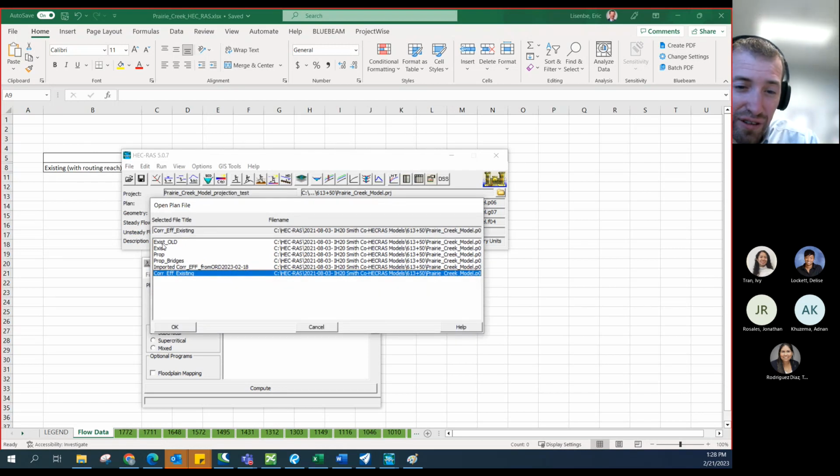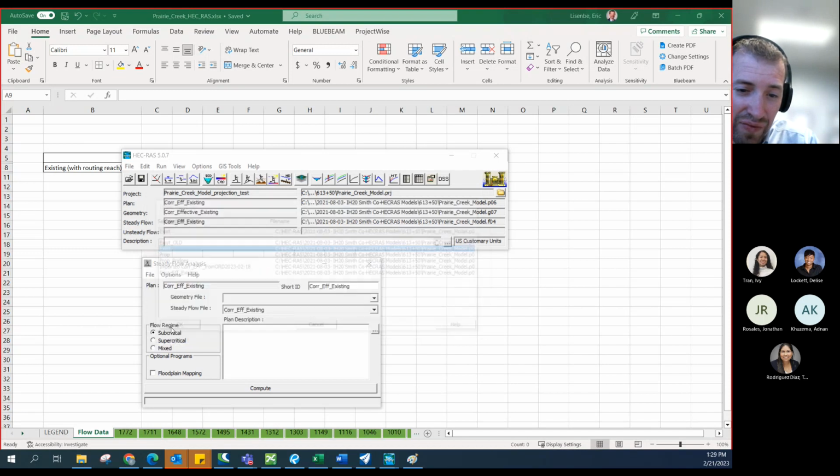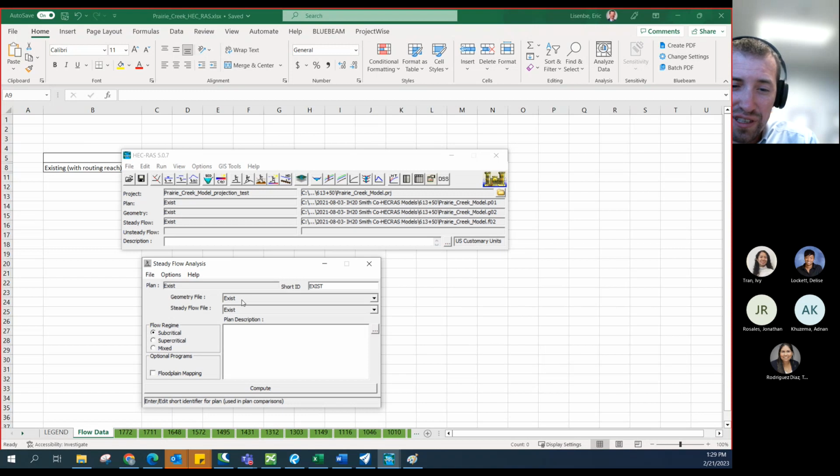Say I want to go back to the original existing. So I would go here. What that does is keep the geometry file and the associated flow file that it was intended to keep together. A mistake people can make is that there'll be